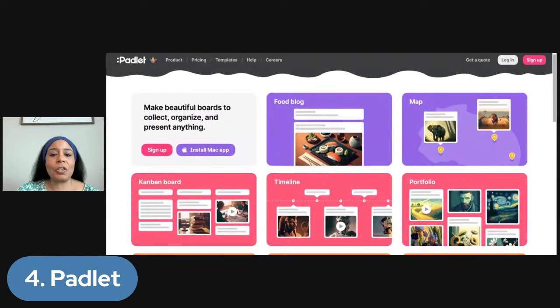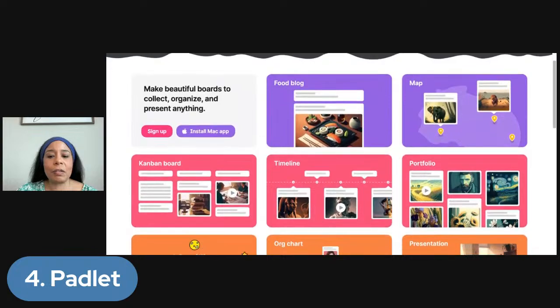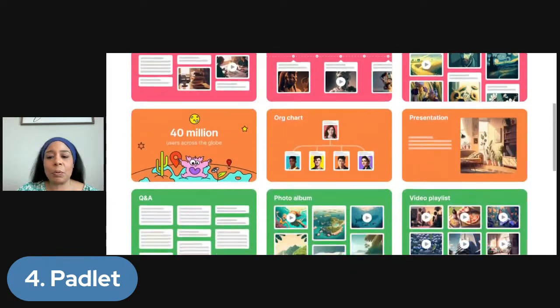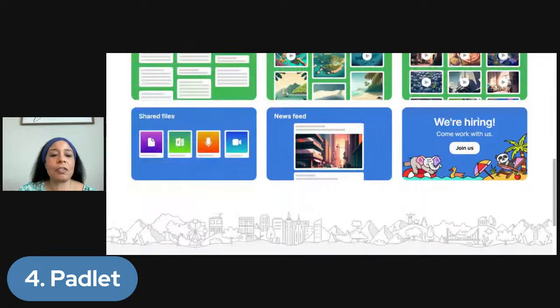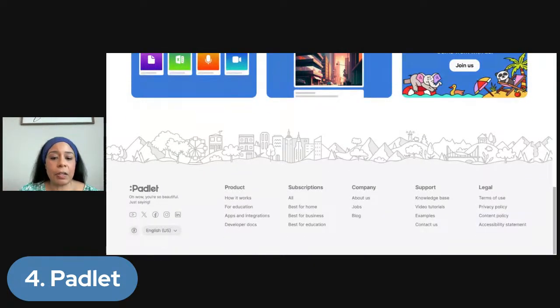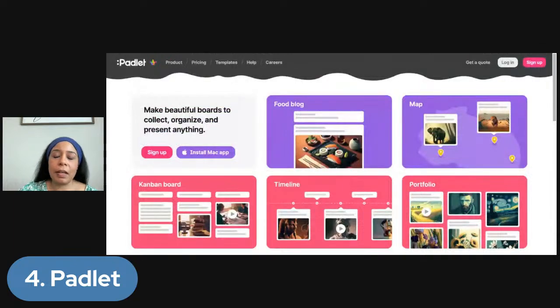You can do all kinds of stuff with Padlet: collaborations, timelines, portfolios, presentations. The students can record themselves and collaborate. So it's a great alternative to Flipgrid. And it's free, though like every other tool, there's a freemium version of it. Then I'm going to talk about the next tool.